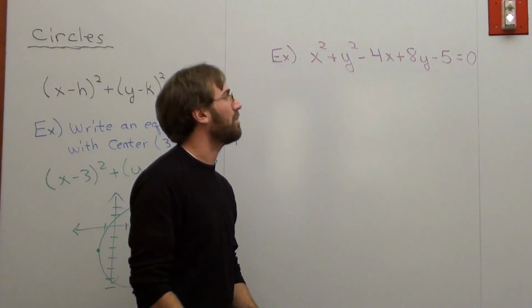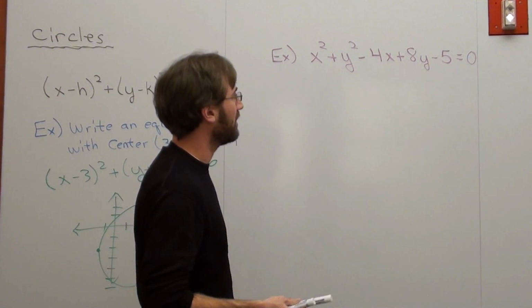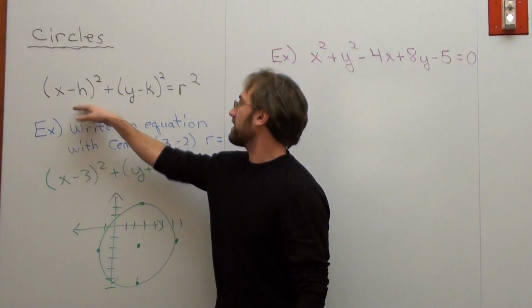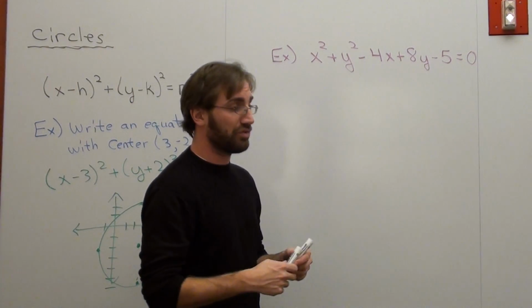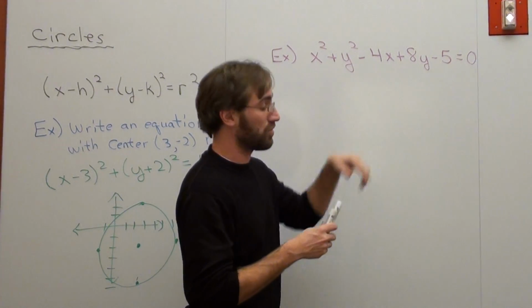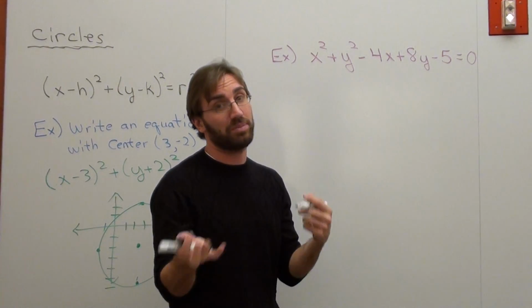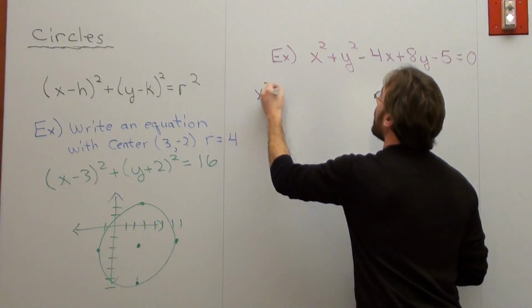Other typical type of problem you see is like this, like x squared plus y squared minus 4x plus 8y minus 5 equals 0. Not too bad. Notice that x's and y's stay on one side and anything with just a number goes on the other. So that's what we're going to do first. But what we're going to do is organize x's with x's, y's with y's, numbers with numbers. So when I rewrite it, and I'm going to manipulate it fast, mind you, I'm going to have x squared